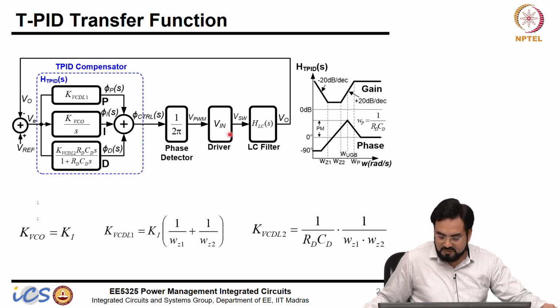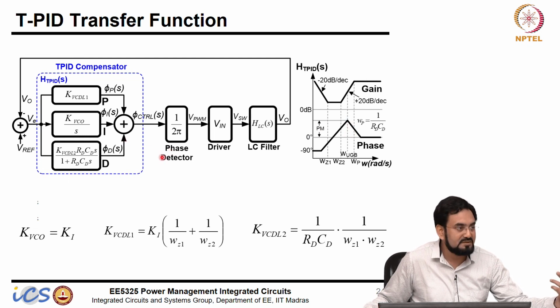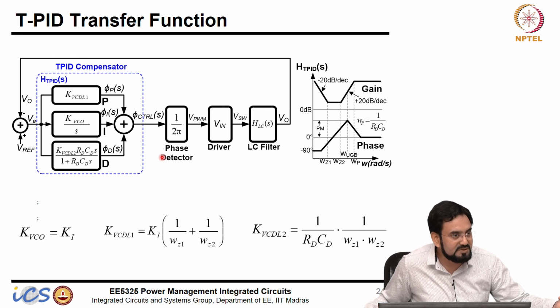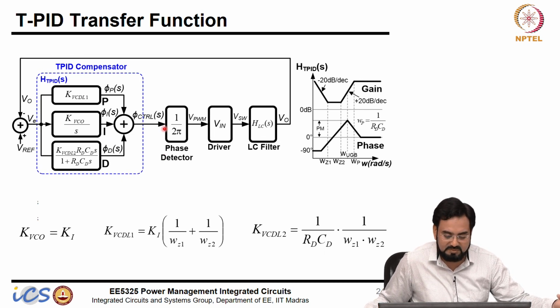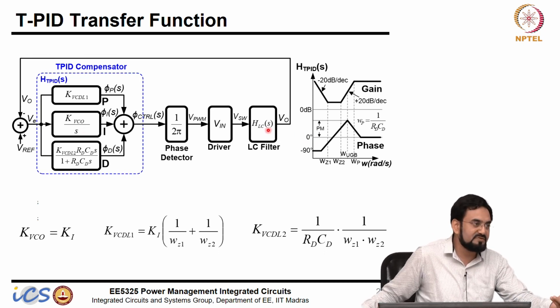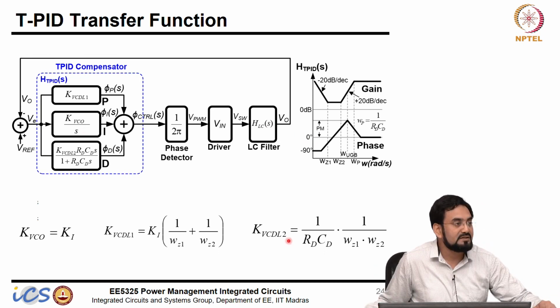So if you do the loop gain analysis, you will see a similar behavior here. You will have two zeros and how many poles? In this case, how many poles? Yeah, one outside UGB and one at origin which is the integrator, and two complex poles from HLC. 0 to pi. No, not 0 to pi, it is 0 to 2 pi here.